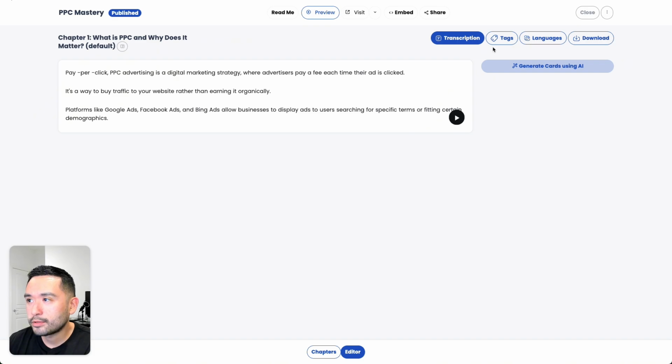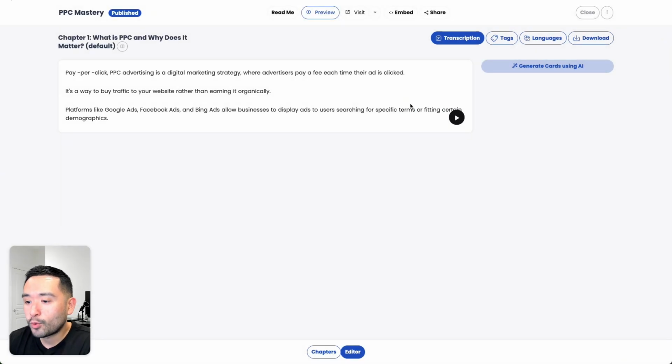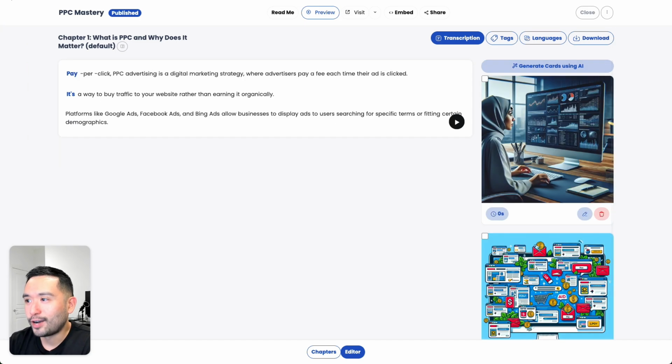Okay, so what am I supposed to... okay, so generate cards using AI. You can generate these interactive cards from this text. Let me click that. This will generate different cards for this chapter based on the content of the chapter. It'll use 10 credits. Now let's see what it comes up with. Okay, it says generating cards using AI, check again, cards generated using AI, refresh. Not sure why I need to click it two times, but these are the cards that were generated